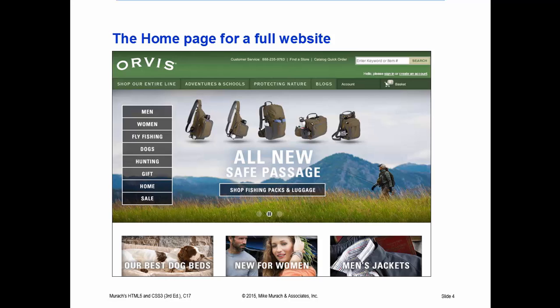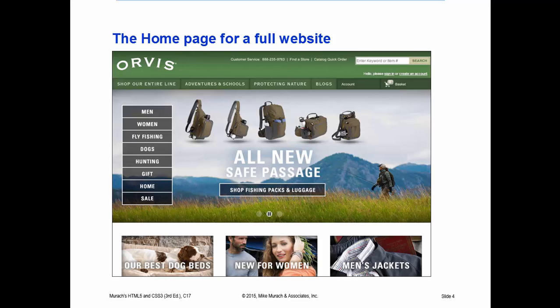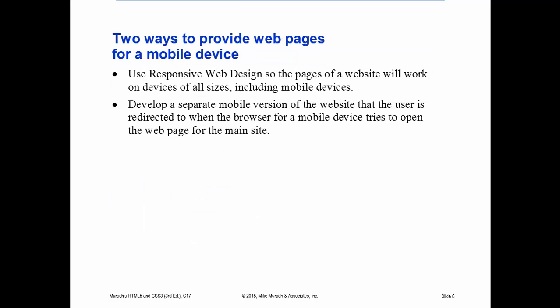Alright, so they start talking about mobile devices here. There's really 2 ways. We talked about this in an earlier chapter, but you're going to hear it again. There's 2 ways that you can provide web pages for a mobile device. One of those ways, so here is the full site that you'd see on a laptop or desktop, and here's the mobile site. So when you do this, as mentioned here, you can either use a responsive web design, so